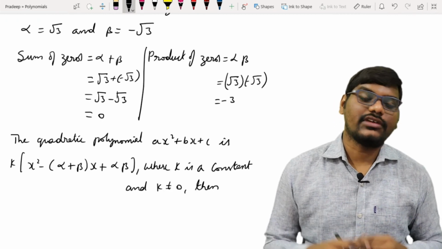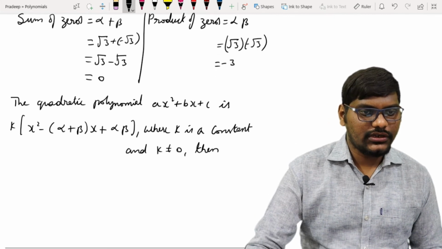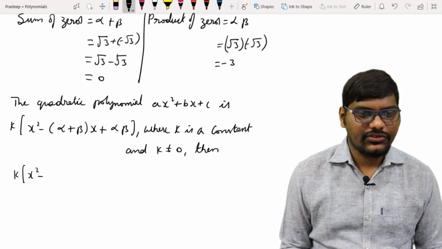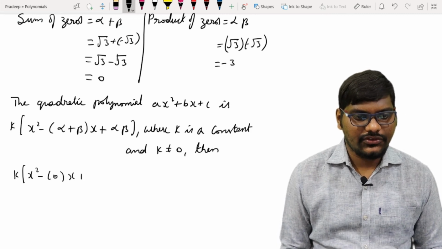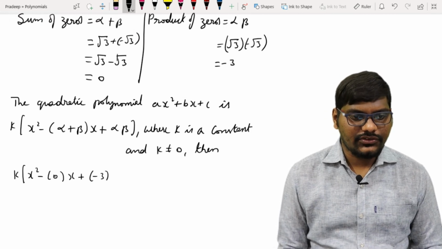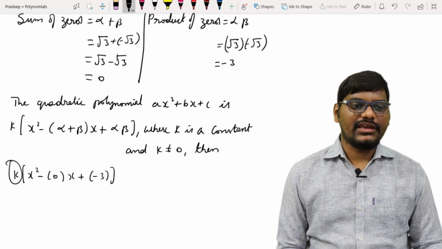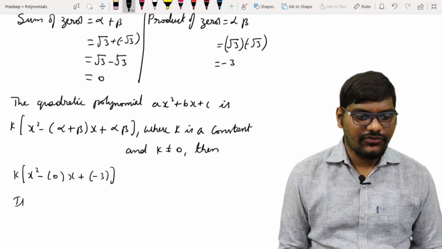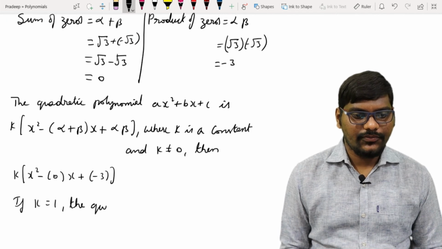So now we'll substitute the sum of the zeros and the product of zeros in the above equation. So for that I can write here k of x square minus, what is the sum? It is 0. So 0 of x plus, what is the product? That is, we got minus 3, so minus 3. So now the k value we can just take 1 because there are no denominators in the expression. So I can write here, if k is equal to 1, the quadratic polynomial,